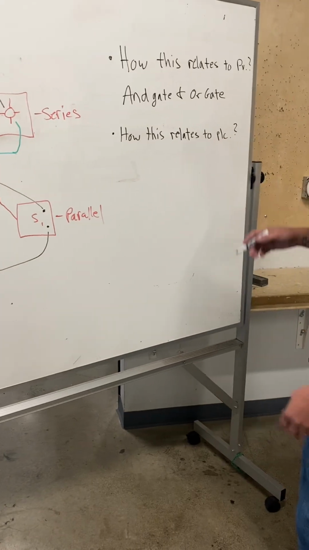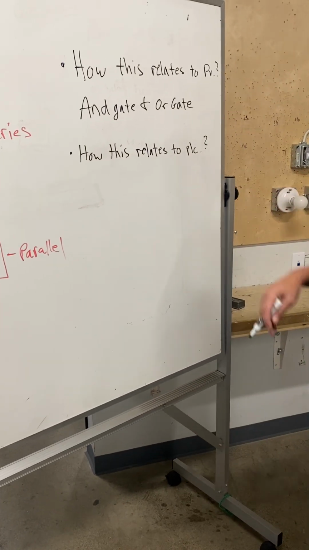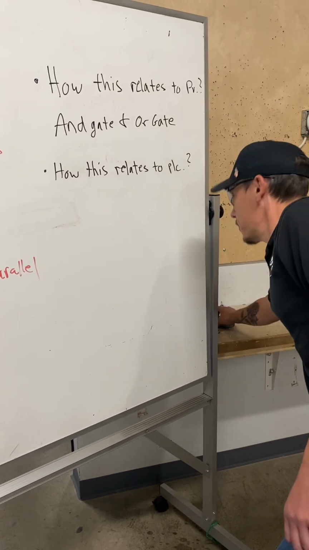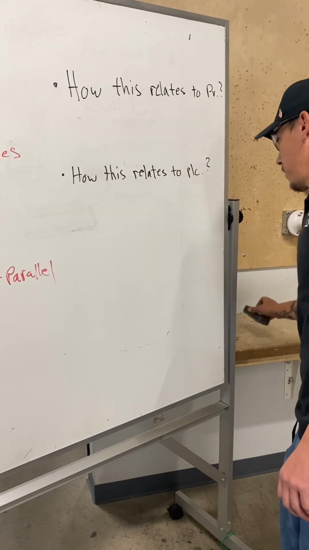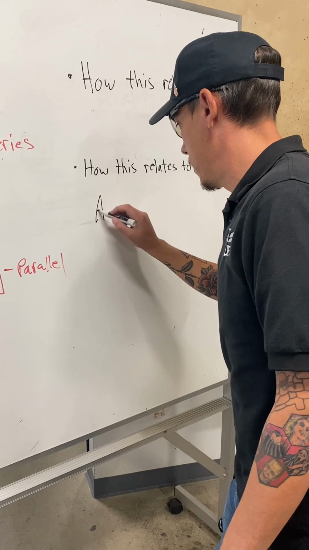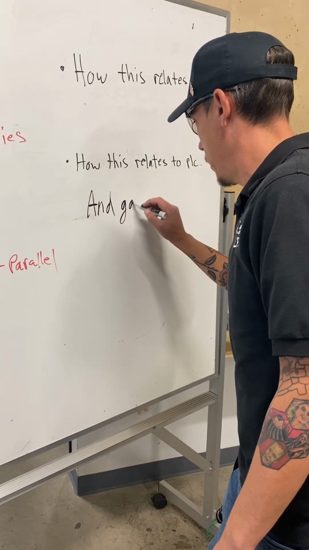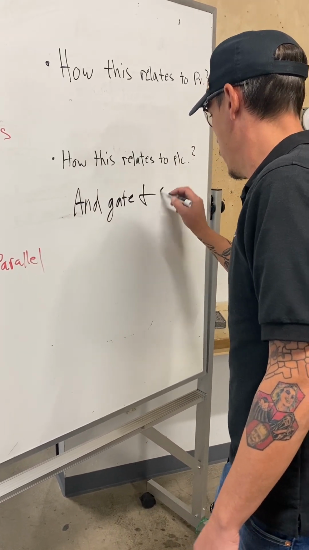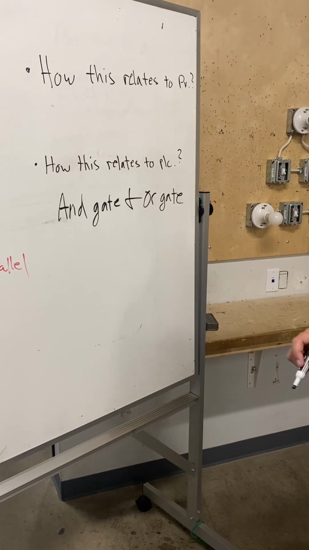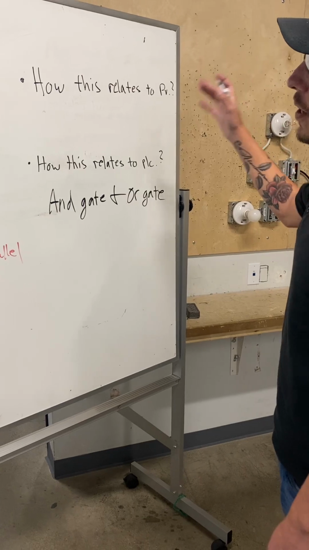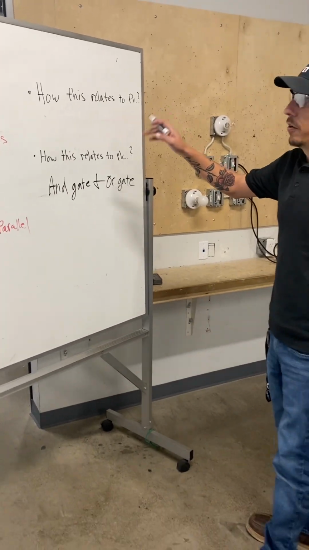In addition to solar, I actually wrote on the wrong area, excuse me, let's do it right, okay? I did the PV side first. AND gate, OR gate. That looks better. Okay, so when it comes to the actual PV side, the solar side, when we're talking about